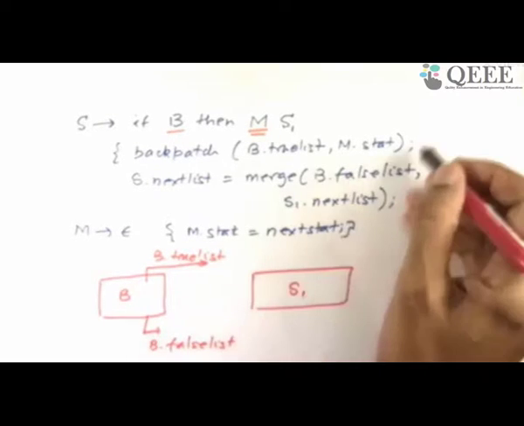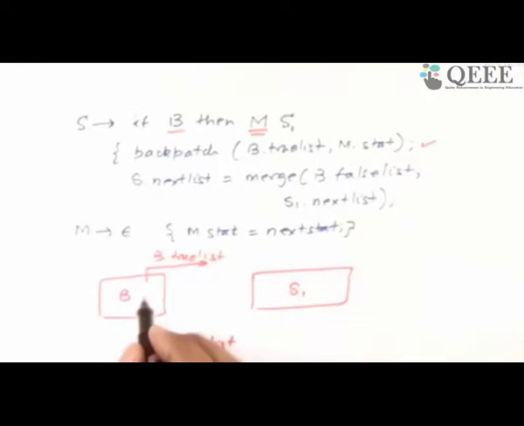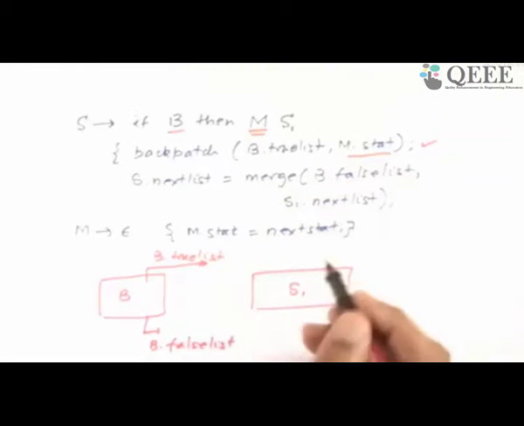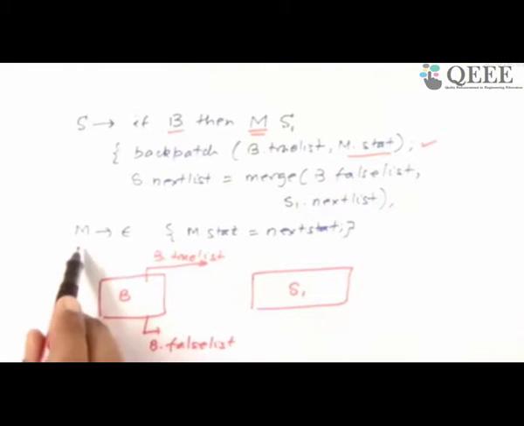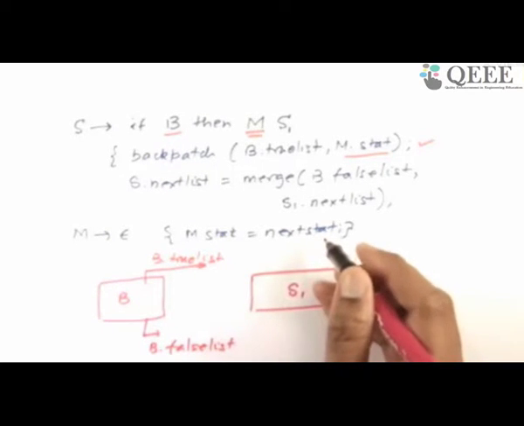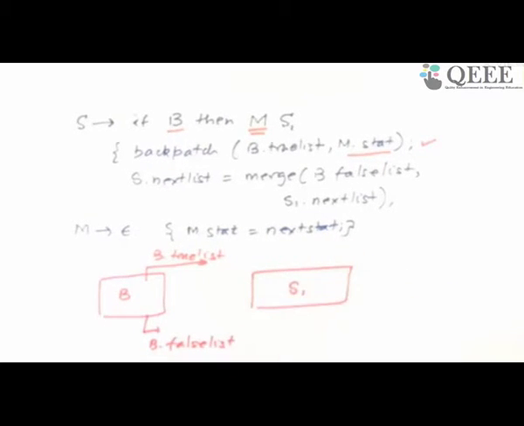Now the first statement says, what should I put in place of B.trueList? Those places where the goto is unknown. Now we are saying I know the goto. The goto is to be filled up with M.stat. So what is M.stat? An attribute of M. What is nextstat? The next quadruple number. Okay. So now you can see why this worked out fine. I have to do a little bit along with the parsing.